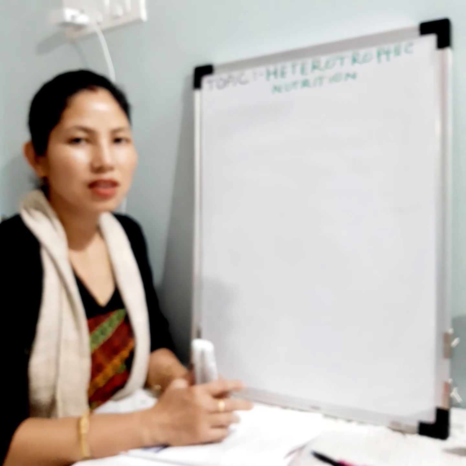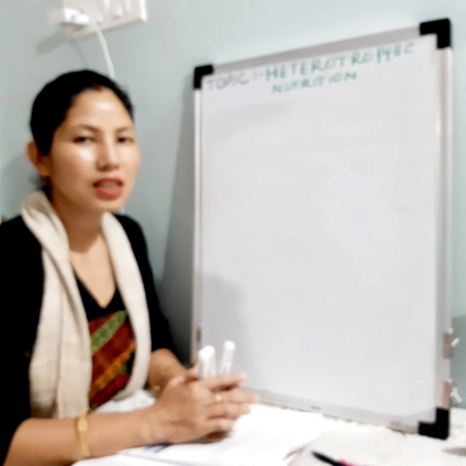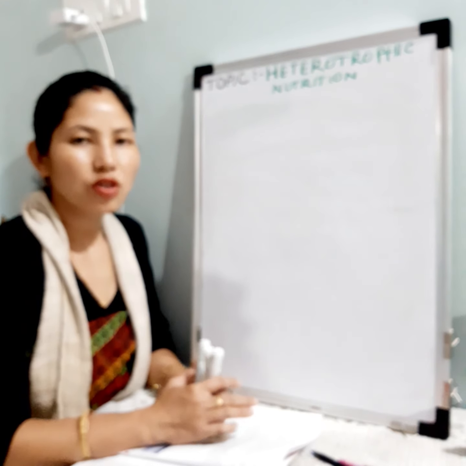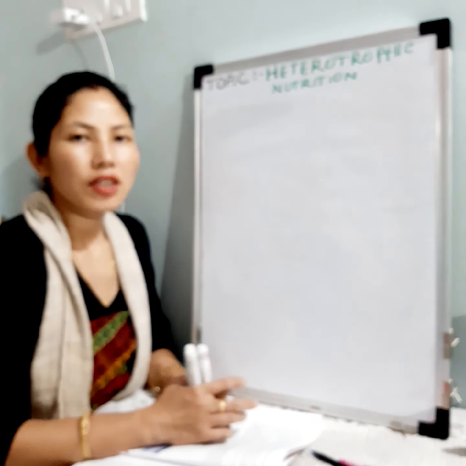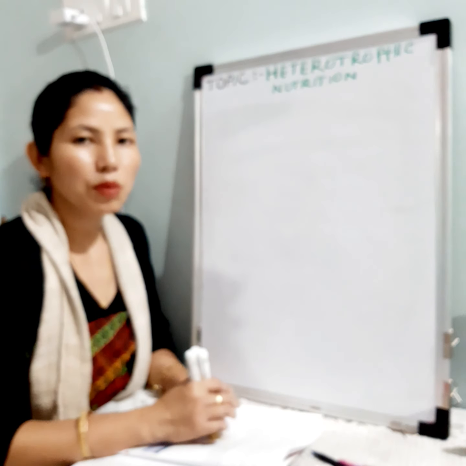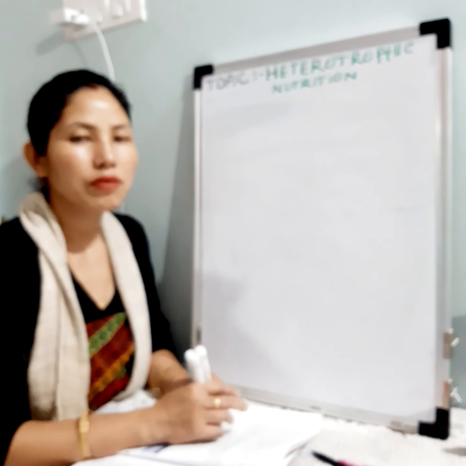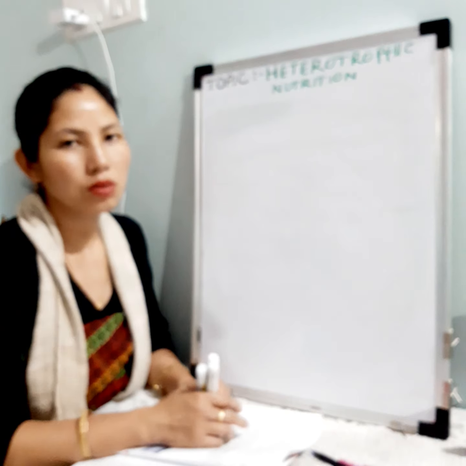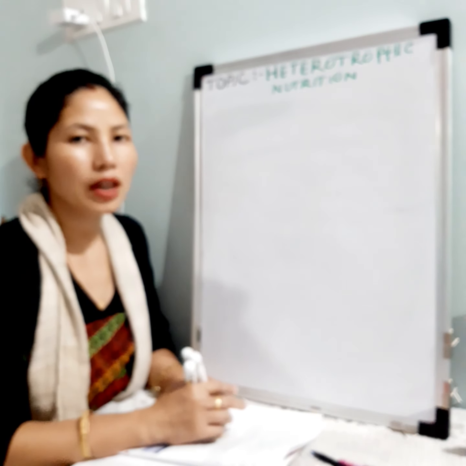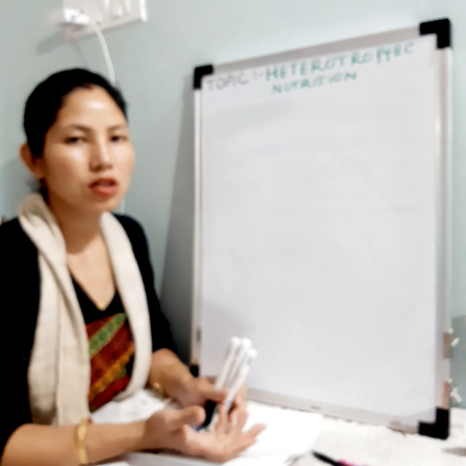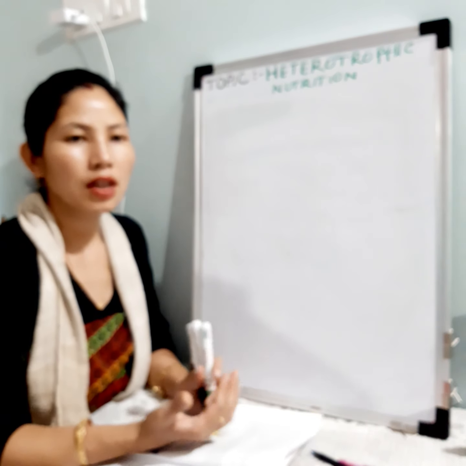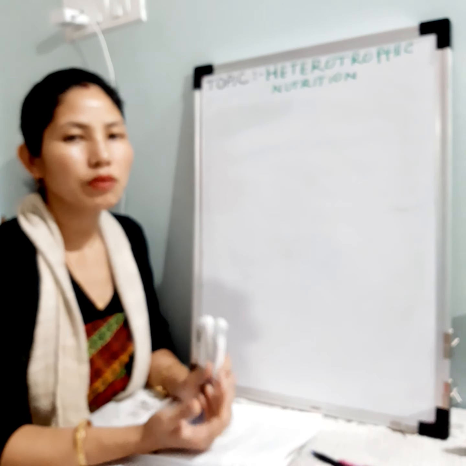Hello dear students, in this video we are going to learn the lesson life process and the topic heterotrophic nutrition, right? So heterotrophic nutrition is a type of nutrition where the organism derives its nutrition from an outside source. As the organism lacks chlorophyll and cannot photosynthesize or synthesize its own food, they have to depend on other organisms for their food.